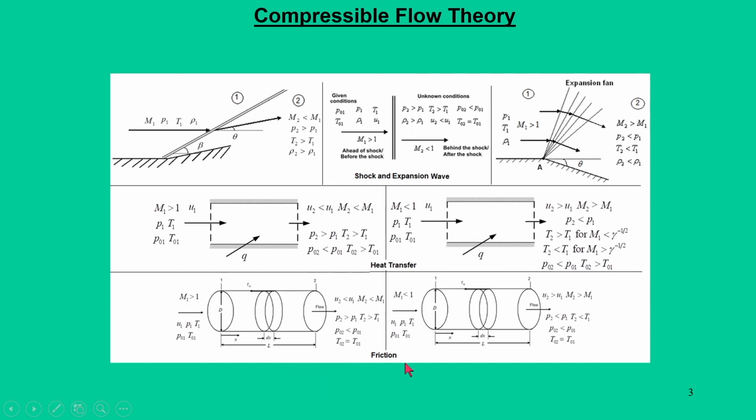Then we moved to compressible flow with friction. Friction is nothing but adding length or extracting length from the duct. When you add length, that means we add friction into it, and due to this friction, if there is a compressible flow inside the duct or tube, then obviously the conditions are going to change in the downstream. So, this is all about the brief theory that we have developed so far.